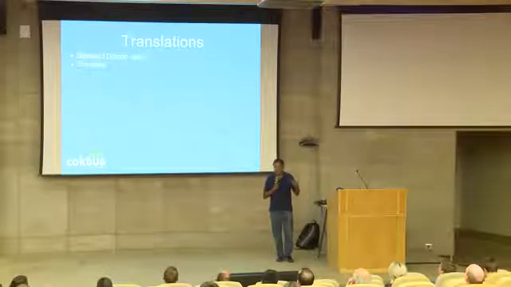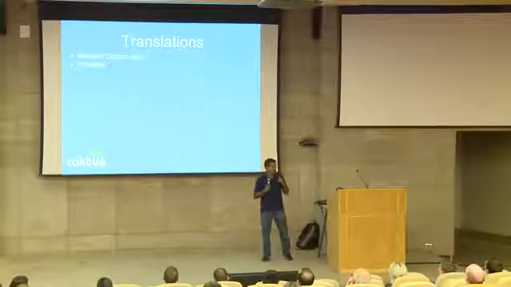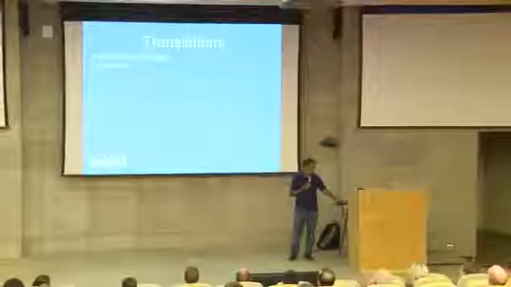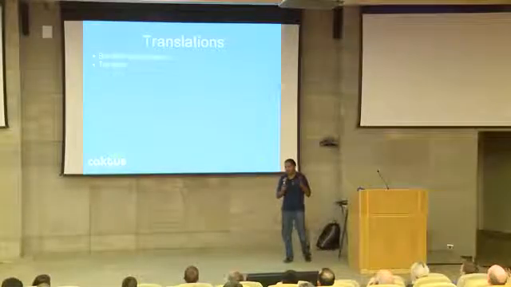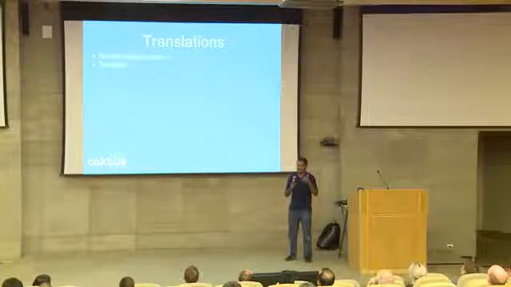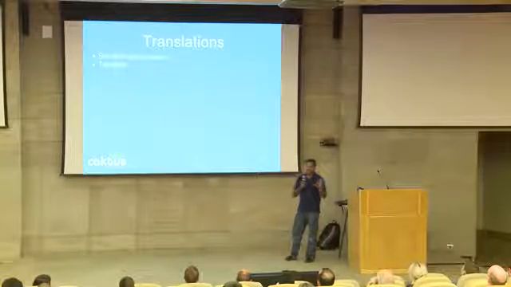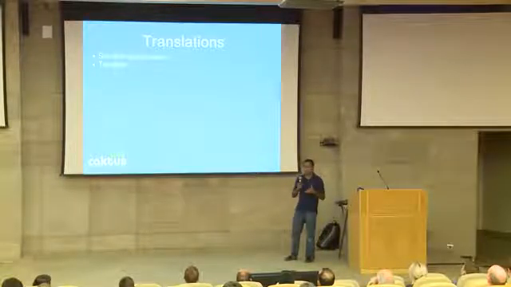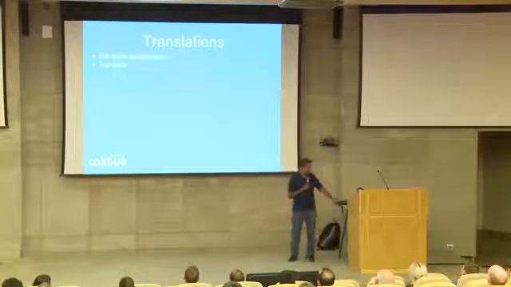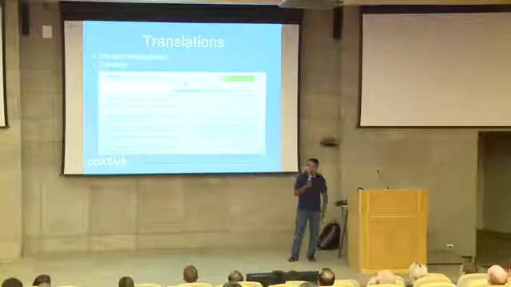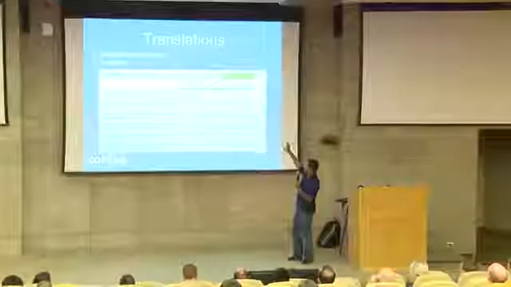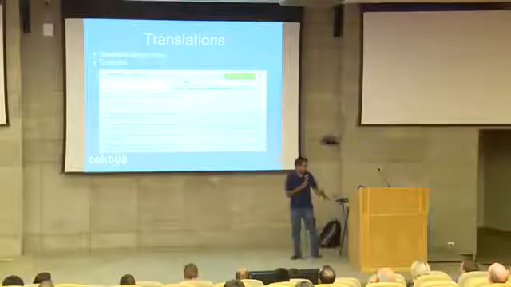Translations are obviously important. None of us at Cactus on the developer team can speak or read Arabic, so everything was built in English. And then we use a standard Django setup. So anyone who's familiar with Django knows that you can run a manage.py command called makemessages, which finds all the strings that you've marked in your application, and compiles them into one plain text file called a PO file. We just send that PO file to the service called Transifex, which is at transifex.com, and we get an interface that looks like this, where all the English messages are on the left side, and then the translator comes by and puts the Arabic ones on the right side.